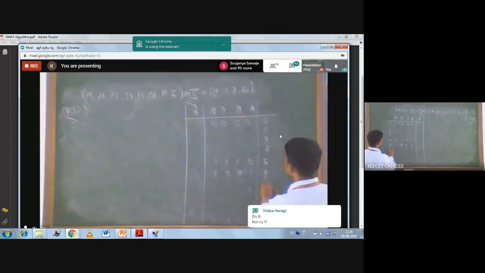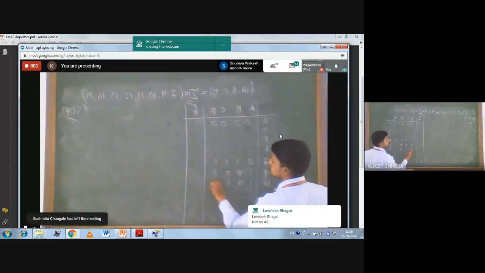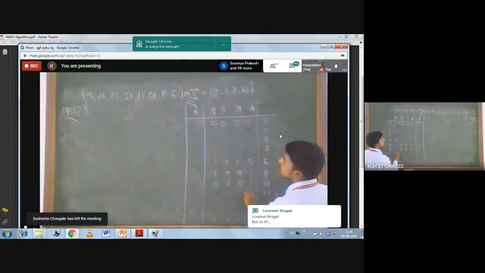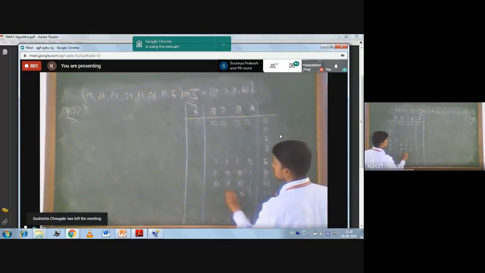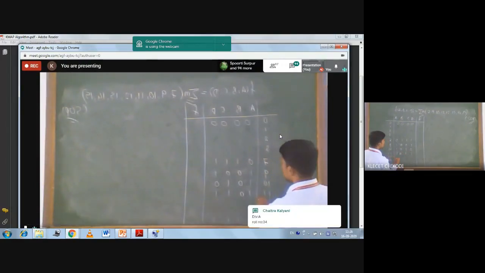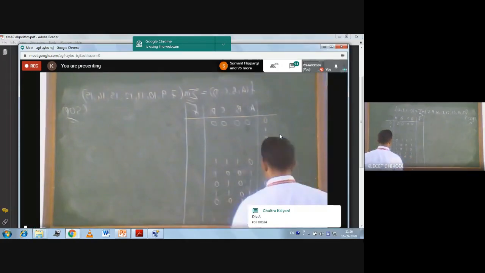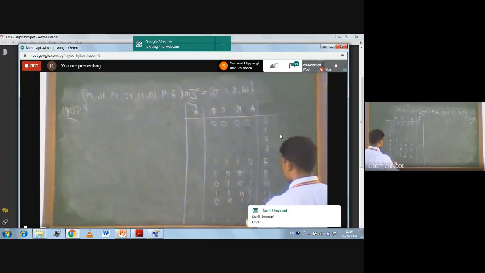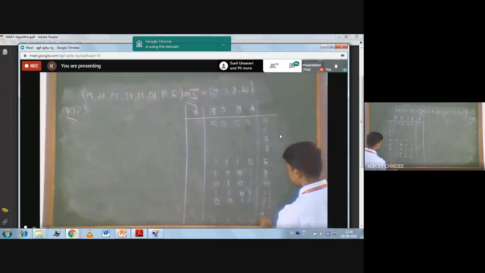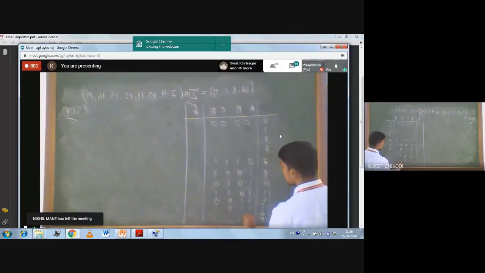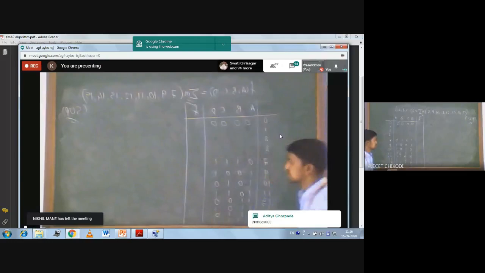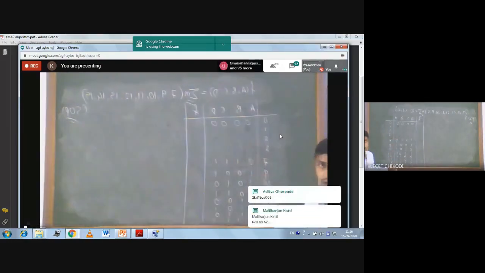For 10 it will be 1, 0, 1, 0. For 11 it is 1, 0, 1, 1. For 12, 1, 1, 0, 0. For 13 it is 1, 1, 0, 1. For 14 it is 1, 1, 1, 0.